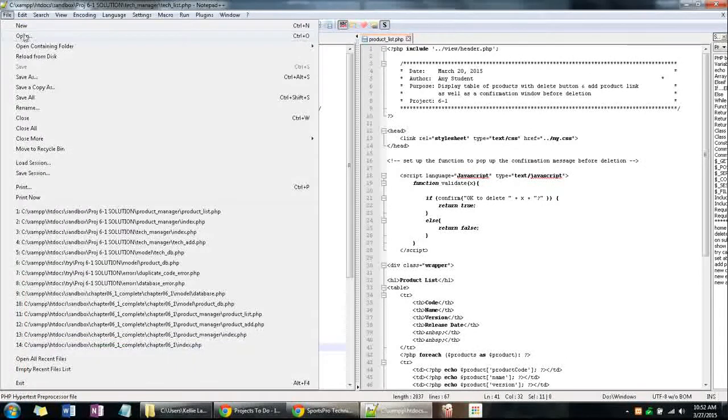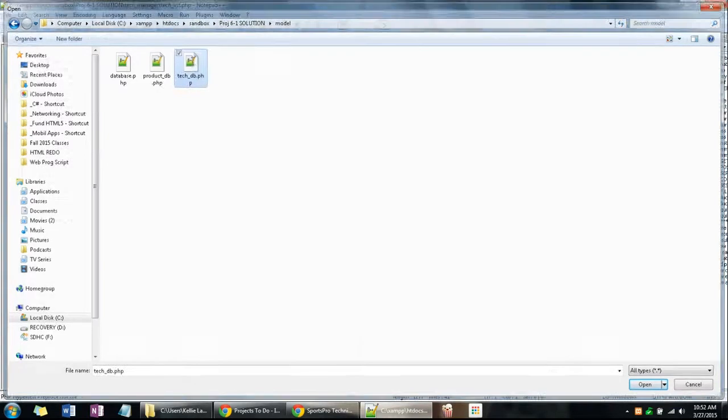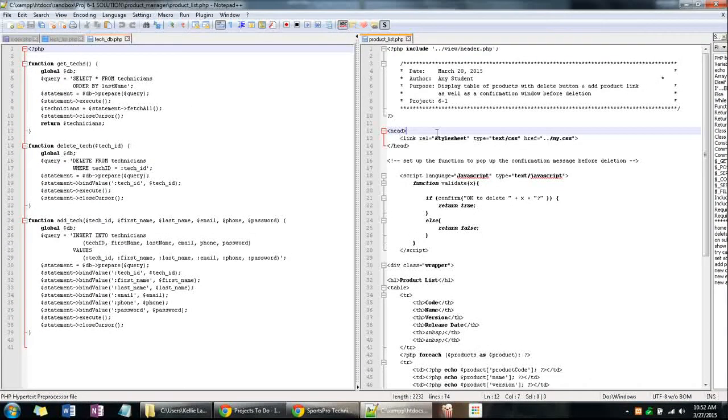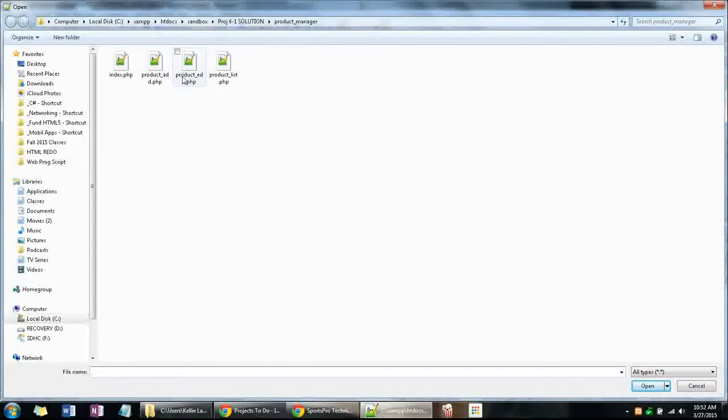So let's open up, in our project solution, our main folders. We want to go to our model because that's where our DB files are. And just like product DB, we want to have a tech DB. So let's open that. And on the other side, let's open up the product DB so we can look and use it as a guide. So we want product